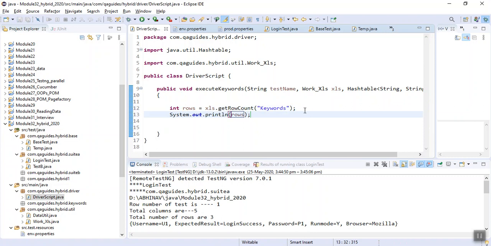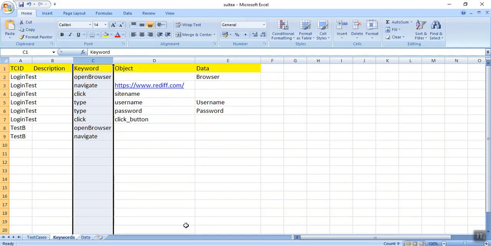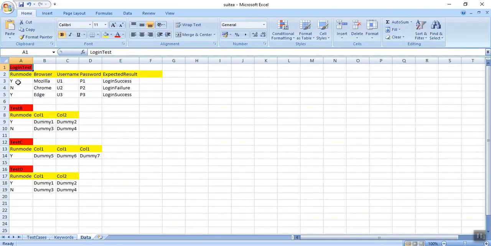Now just see, say I will be executing only those data whose run mode is yes.